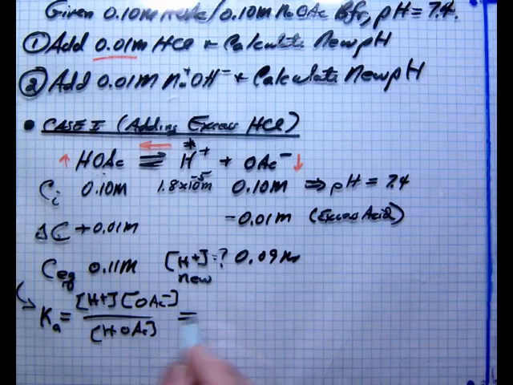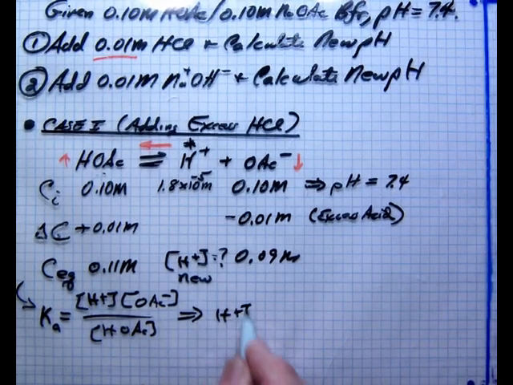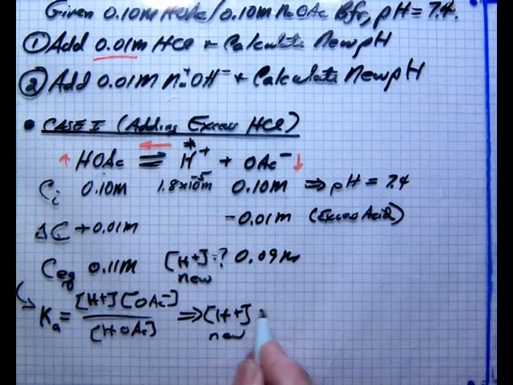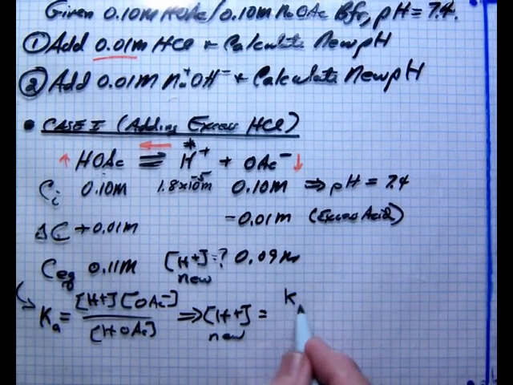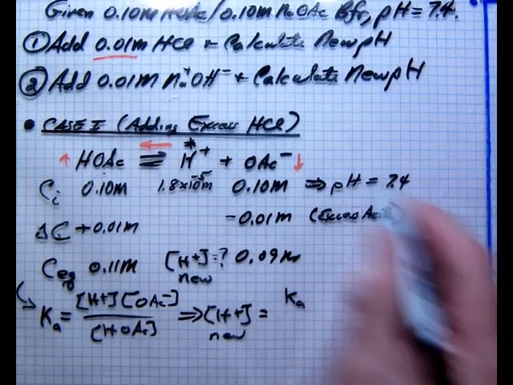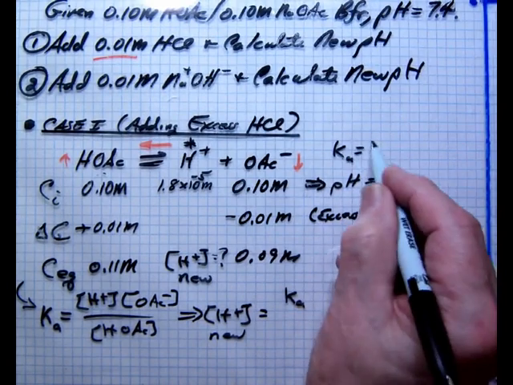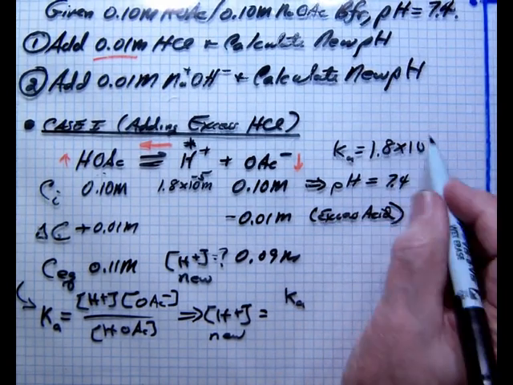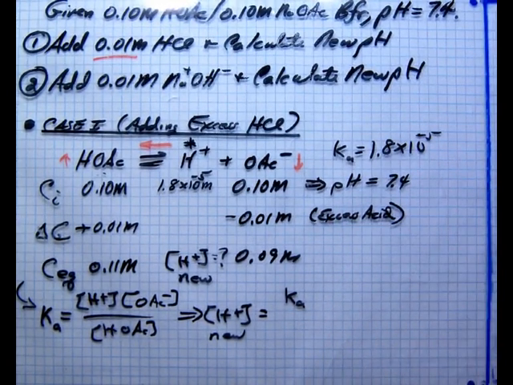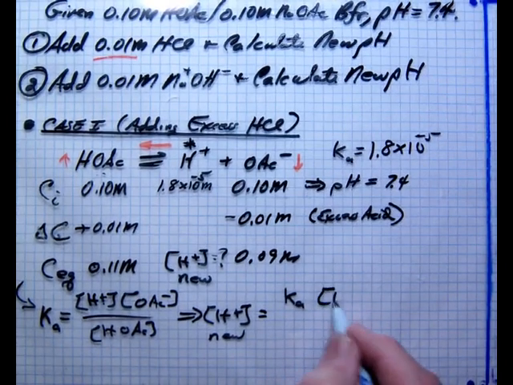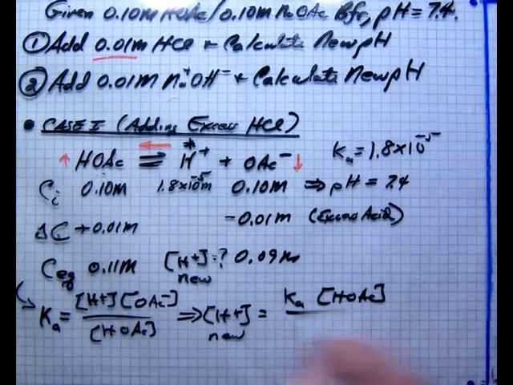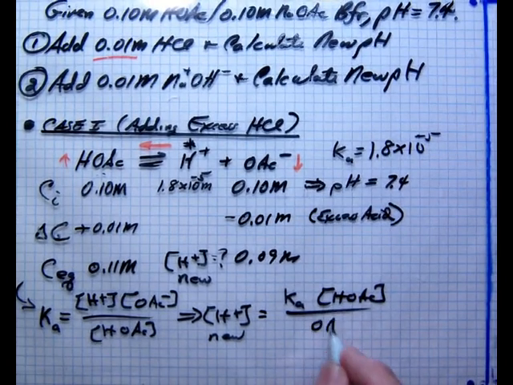We can solve this for the hydronium ion concentration, new, and that would be the Ka value, and the Ka value for this is 1.8 times 10 to the minus 5. We'll put that up there. Ka value times the acetic acid concentration divided by the salt concentration,